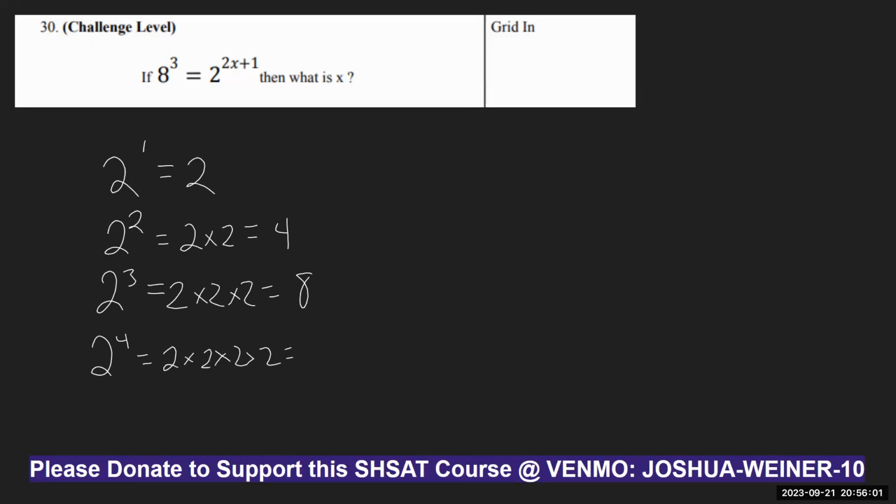Next to x is the multiplication symbol. Here, I'll put it as an asterisk, like we use on the screen here. The star is multiply. That's 16, and so on. But the way you solve this problem is you're going to rewrite 8 as 2 cubed, which equals 2 times 2 to the 2x plus 1.